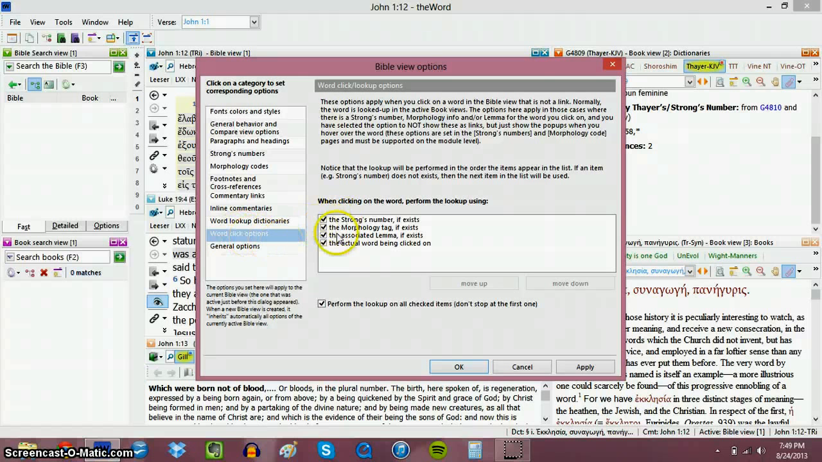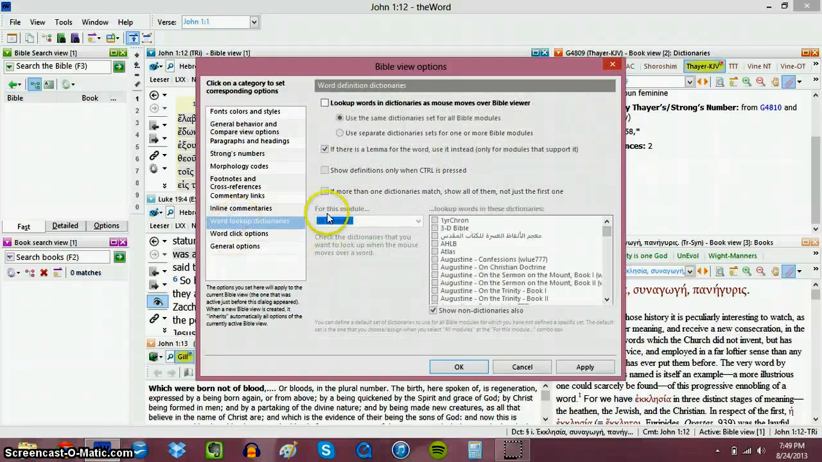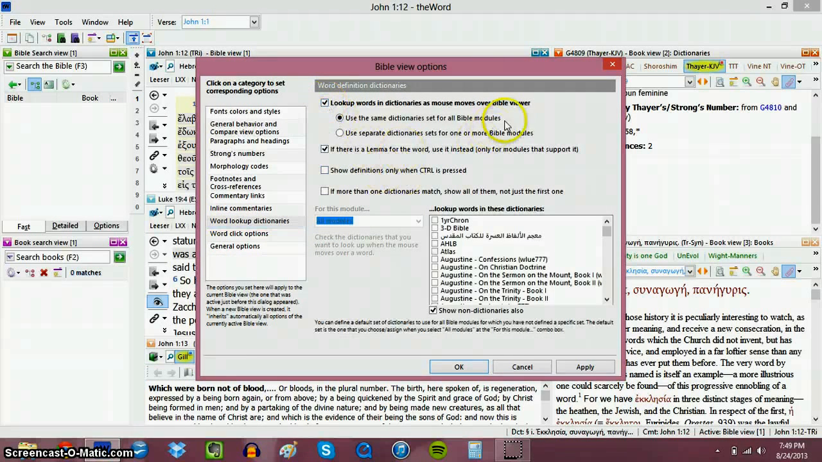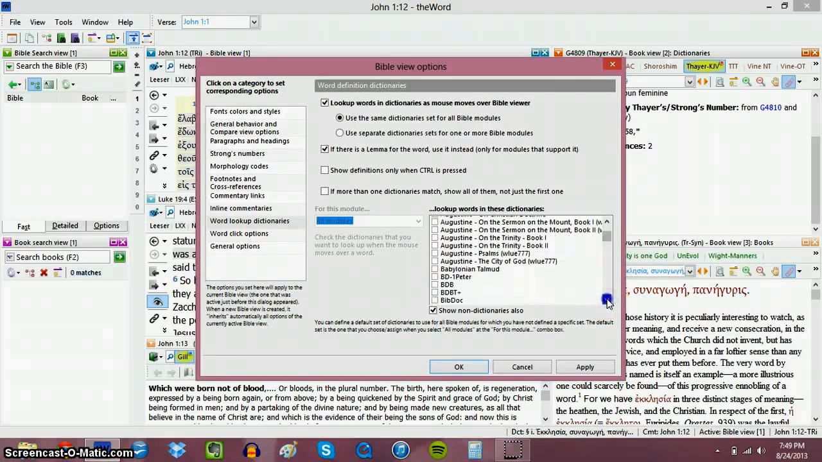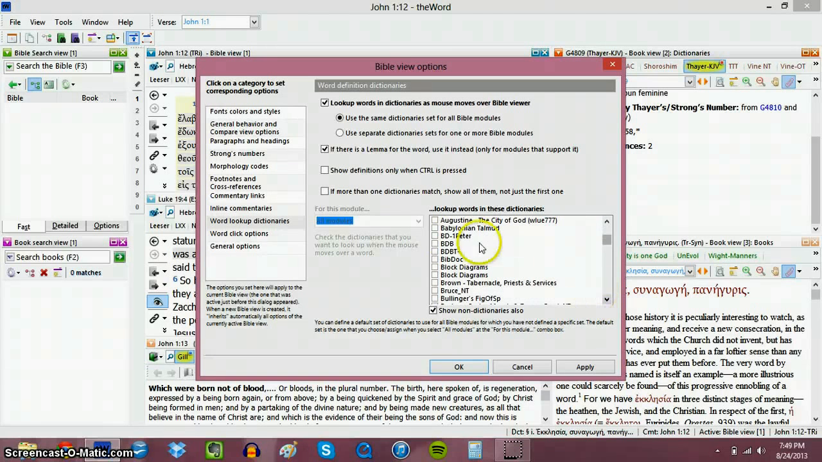Now you want to make sure all of these are checked. It's just easy to have them. Then we're going to go to word lookup dictionaries. And we're going to look up words in dictionaries as mouse hovers over the Bible. Now what you're going to do here is check as many as you want. What I'm going to do is check BDB plus, which